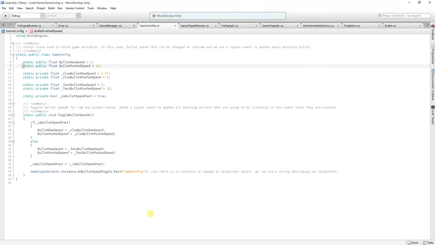These speeds are changed by using a toggle bullet speed static method from our game configuration. Here we assign different raw and push speeds. We have slow speeds and fast speeds, and when we do that, we emit an on bullet speed toggle signal. So every bullet in our scene that is listening to this signal event is going to update